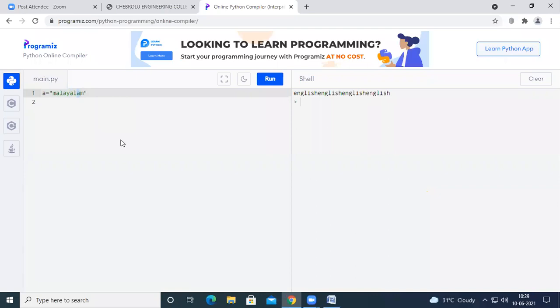So A has occurred 4 times in the given string. It is okay. But let us assume I have a text of 1000 pages, and among those 1000 pages, I want to see how many times A has occurred. It is very difficult for the user to find or count the character A in the entire 1000 pages.